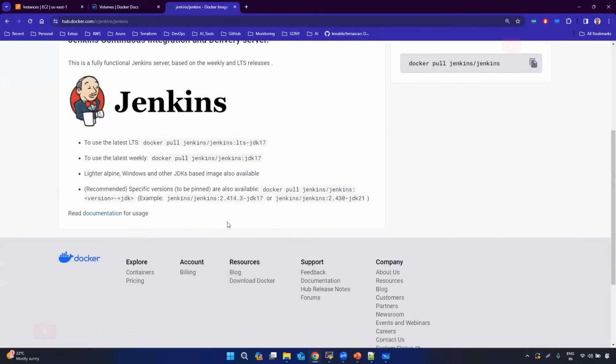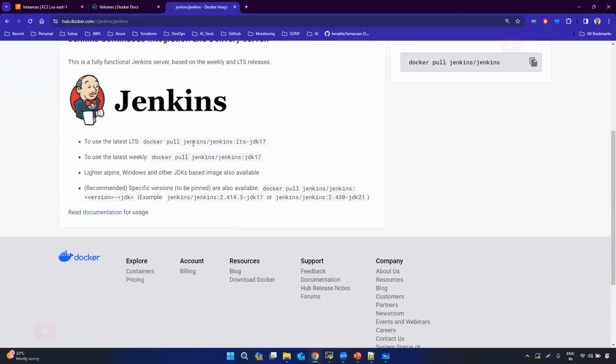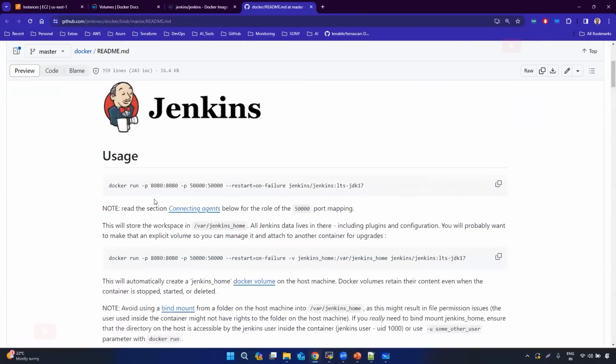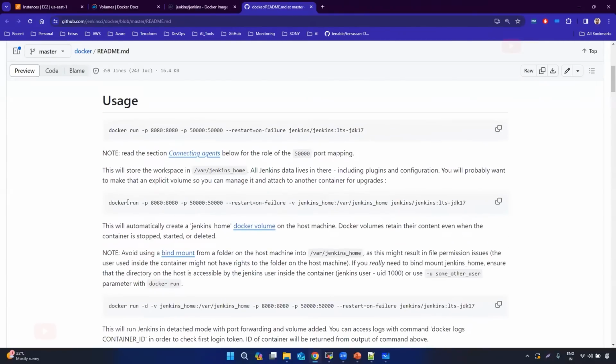If you open this image, you'll find the documentation here, or you'll find the documentation in their own pages. If you look clearly, they will obviously have a run statement to create a container, and also somewhere they'll mention where this container stores its data. Yes, so if I just copy this,